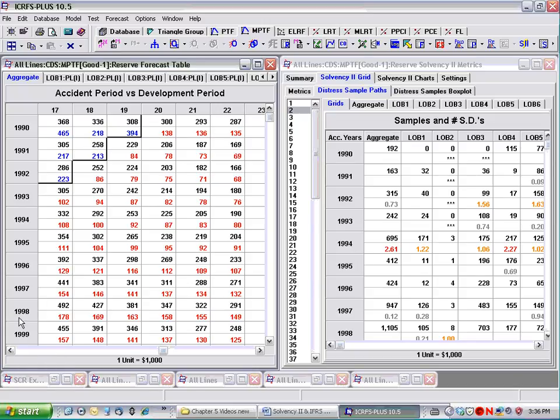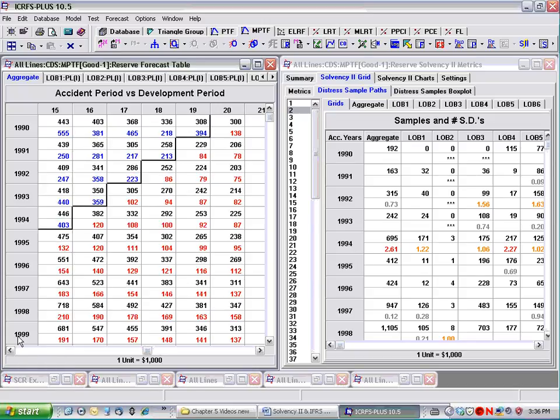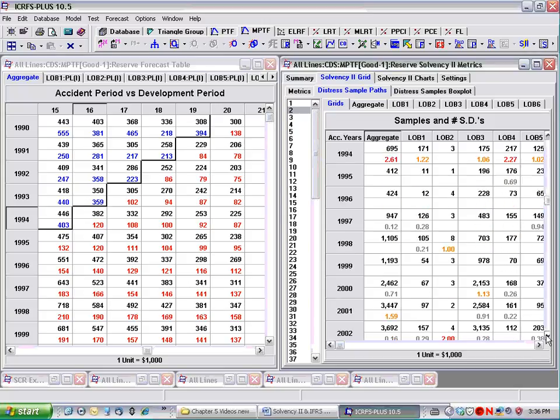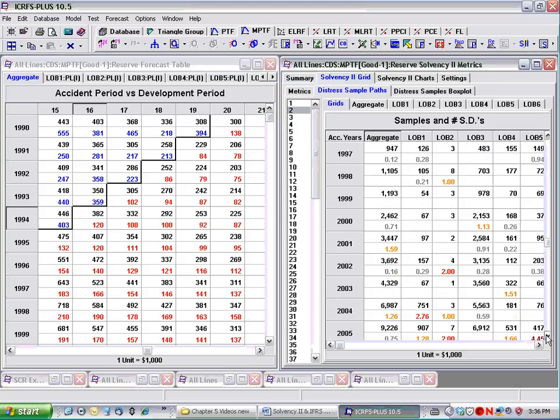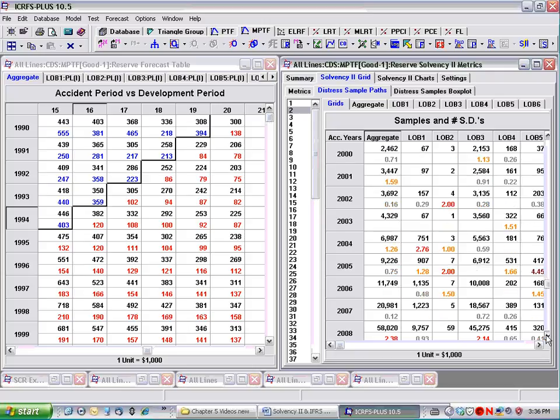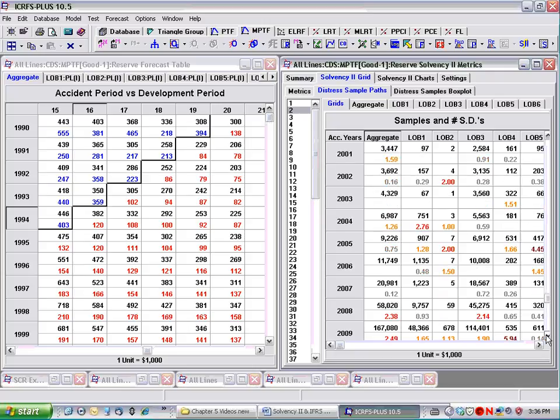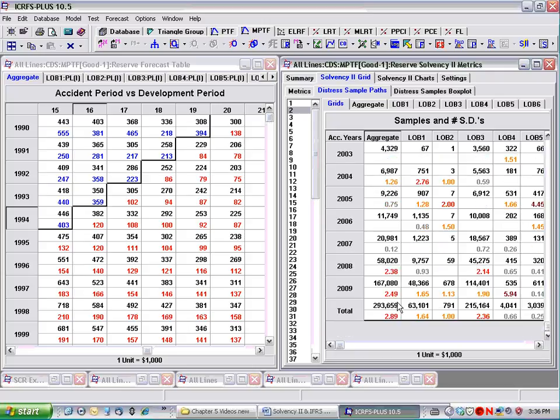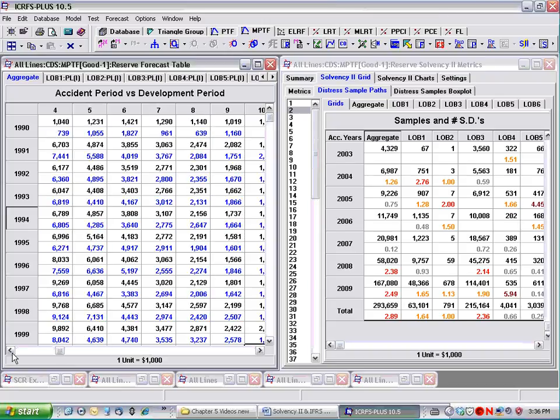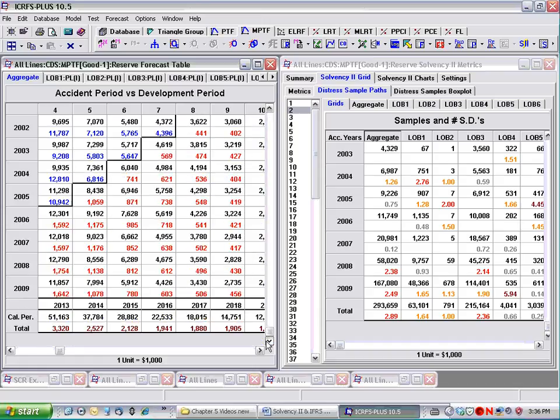But in 1994, in aggregate, this is for a distress sample, we observed, the mean is 382, but we observed 695, which is 2.61 standard deviations and so on. So if you go down in aggregate, all of a sudden when you get to the more recent accident years, you can see you've got 2.49 standard deviations, 2.8. So in aggregate, we observed some very large values